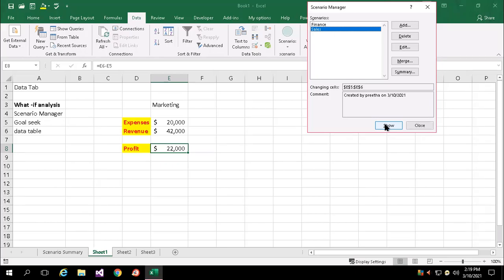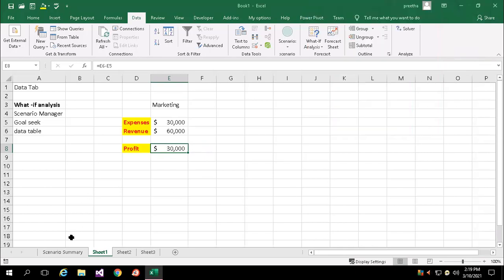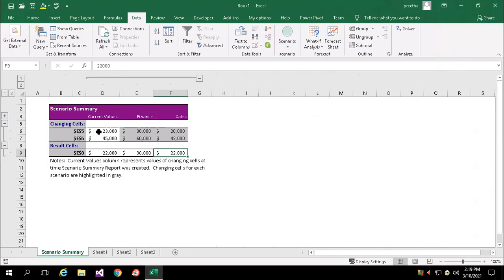Instead of giving a bigger table, I have shown you a very simple one, only two cells are involved, and I showed you the output. Suppose right now in my department they approved the finance plan. If I say show, immediately that value will change. Now you can close. And this report will help you just analyze if this is the input. What are the other departments, what are the other quotations you got, that you can compare, and finally you can finalize with one value.